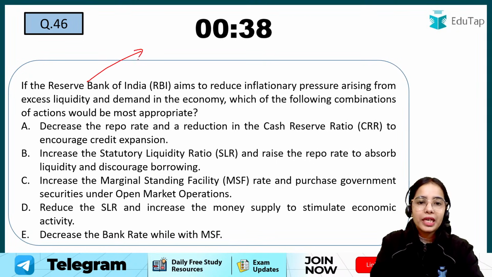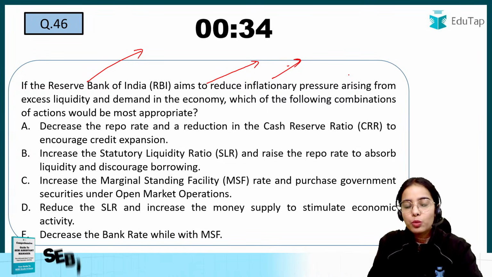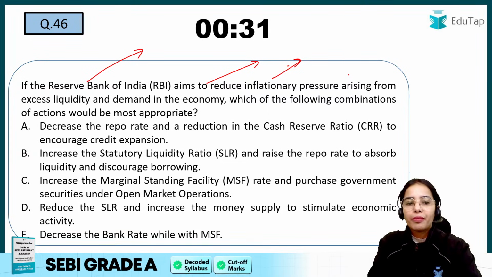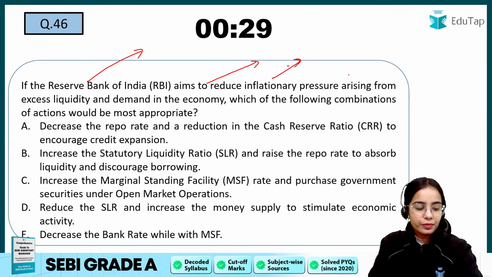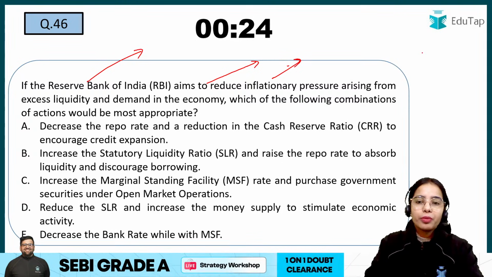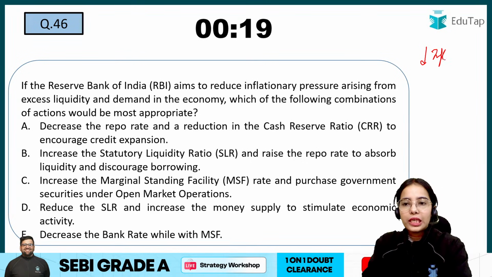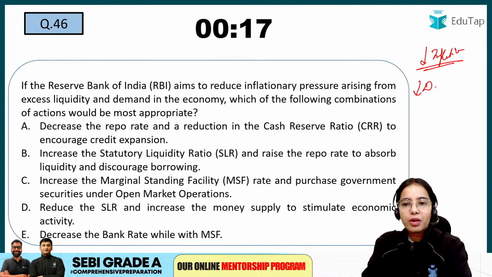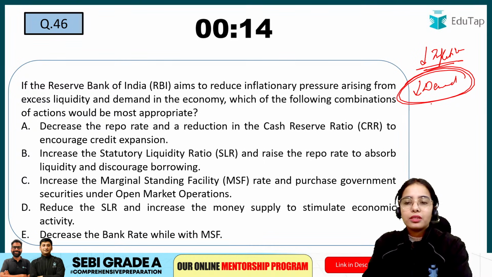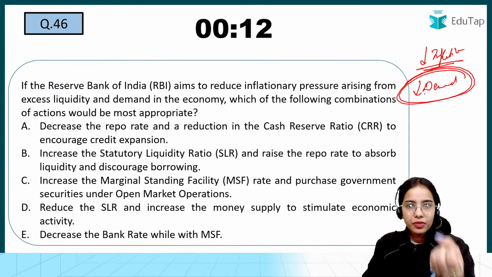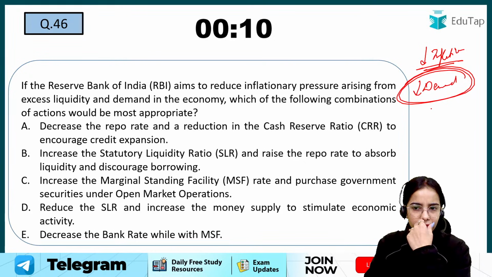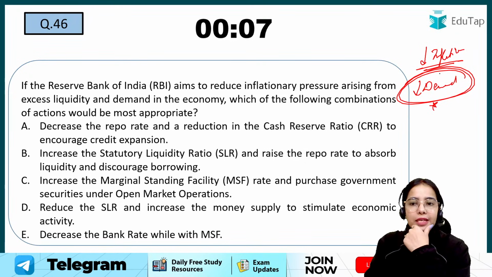Now if the RBI aims to reduce inflation, which combination is most appropriate, or which decision can be taken by the Reserve Bank of India? If the RBI wants to reduce the inflation in the economy, the RBI will have to decrease the demand, so that with less demand prices will be controlled, and inflation will be controlled. So how can the RBI decrease inflation? By decreasing the demand, that is by increasing the repo rate. At a higher repo rate,